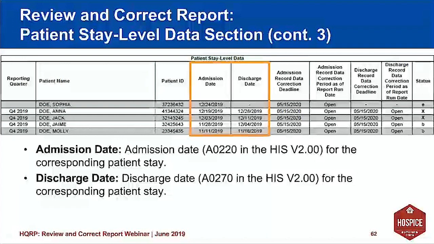The admission date comes from item A0220 on the HIS version 2.0 assessment, and that's for the corresponding patient stay. The discharge date comes from item A0270 on the HIS version 2.0 for the corresponding patient stay.